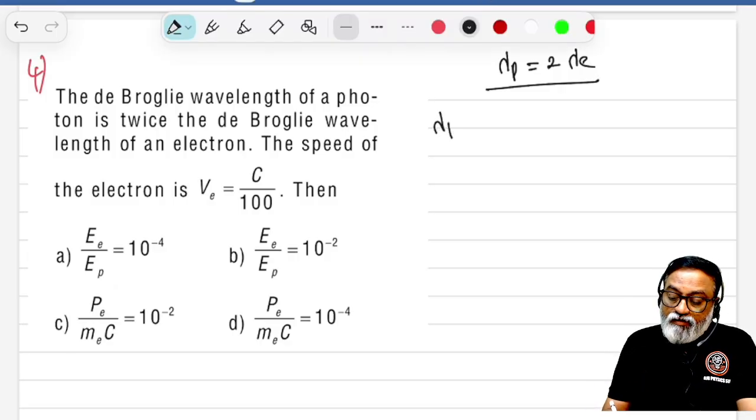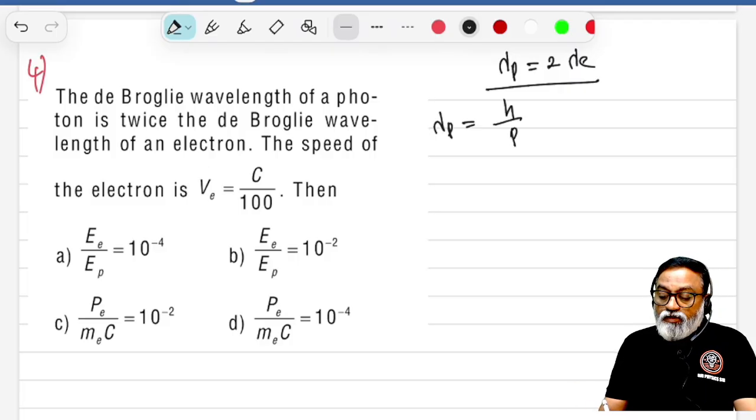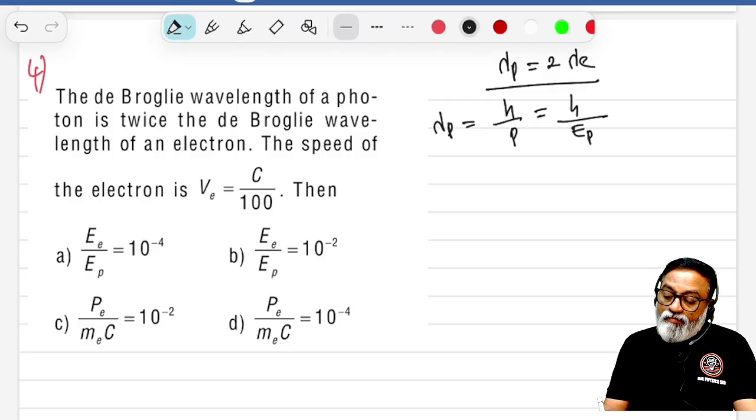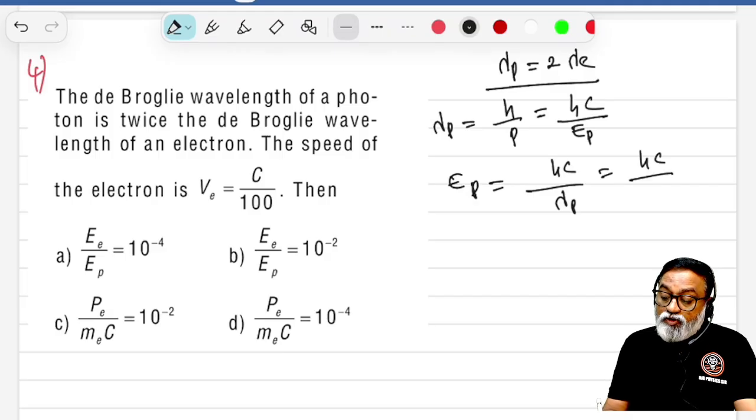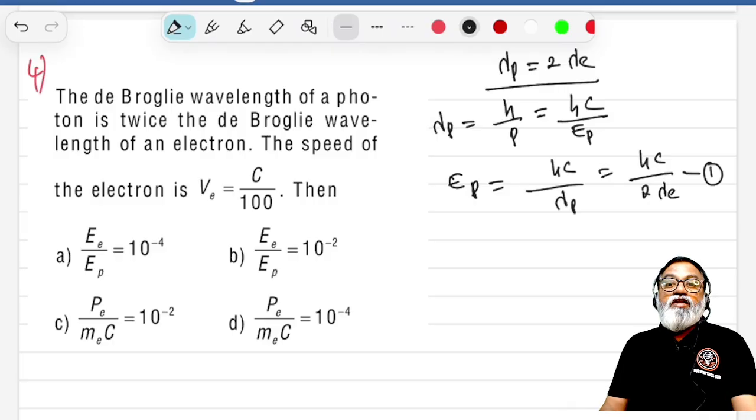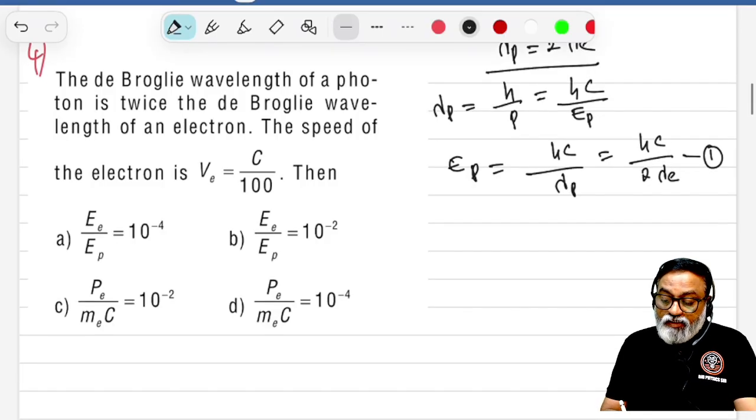wavelength of photon lambda is equal to h by p. Therefore, here p is the momentum of the photon. Momentum of the photon is E by c, that is E p by c, energy of photon by c. From this, E p is equal to hc by lambda p. That is, hc by lambda p, where lambda p is 2 times the de Broglie wavelength of the electron. It is equation number 1. Next,